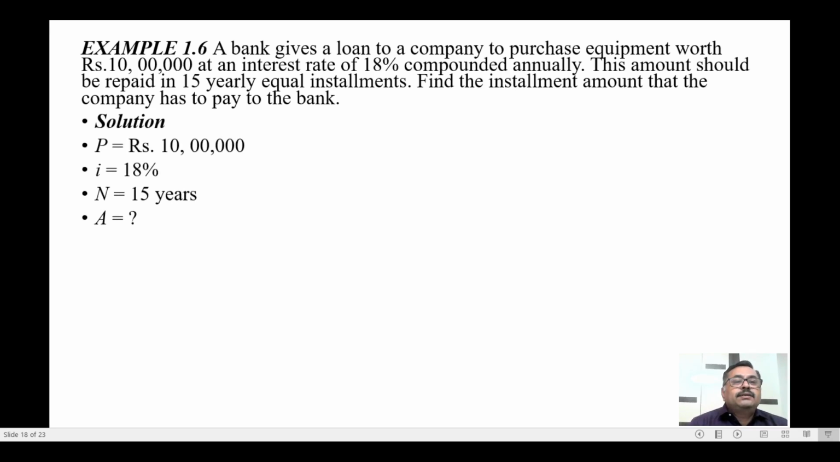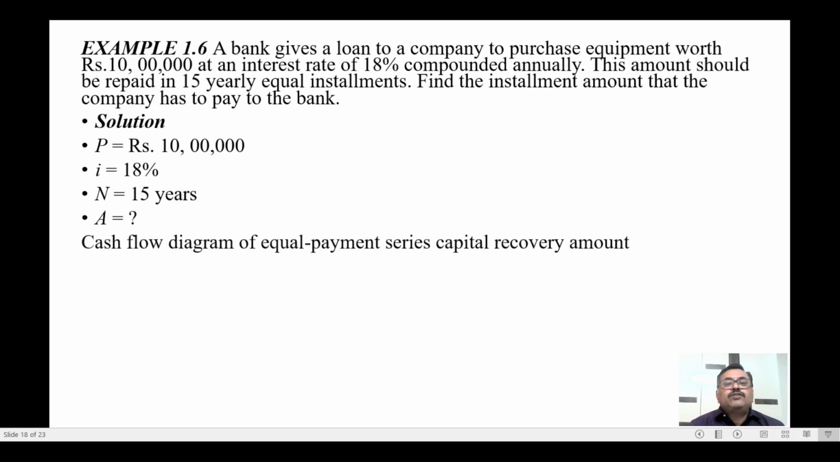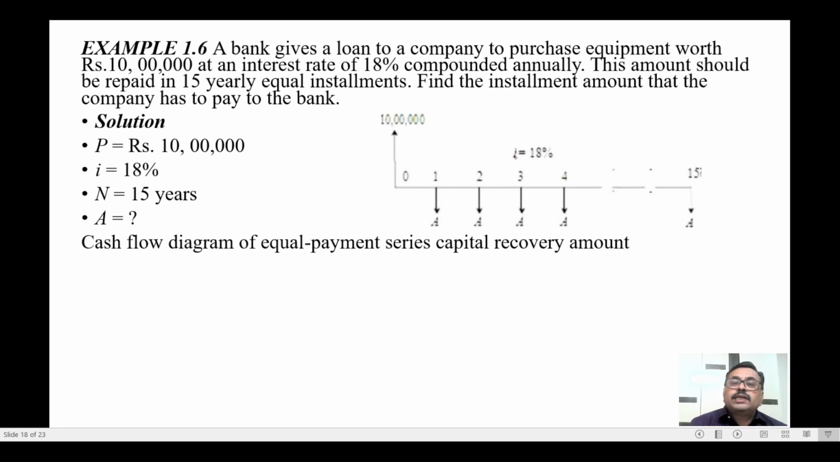The data: P is 10 lakh rupees, I is equal to 18% and N is equal to 15 years. A is equal to how much? The cash flow diagram of the equal payment series capital recovery amount is as shown above. That is, 10 lakh rupees is being sanctioned from the bank. What is the annual payment that the company has to pay for the 15 years at an interest rate